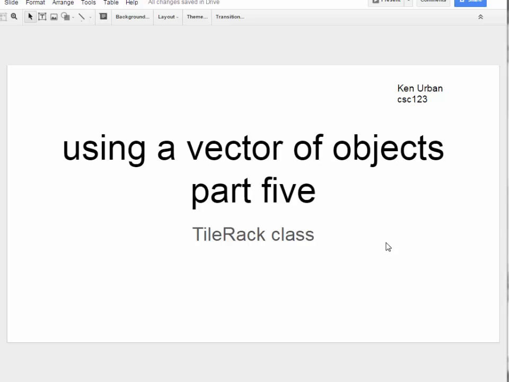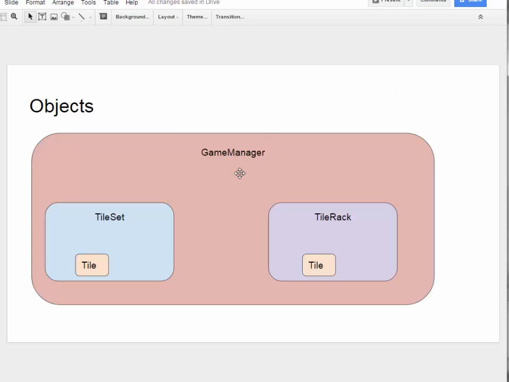Okay, we're continuing with our Scrabble type thing. We have a tile class already. We have a tile bag or set, which contains all the letters. Now we're going to look at the individual racks that would be part of the game. Part of the idea is that, while the game manager